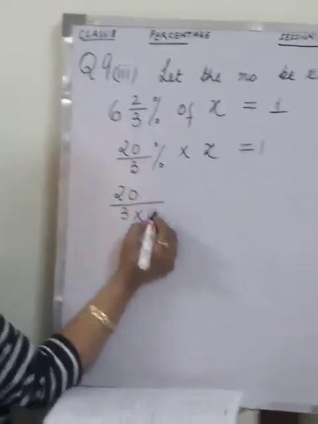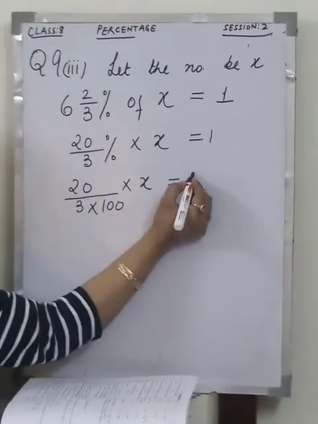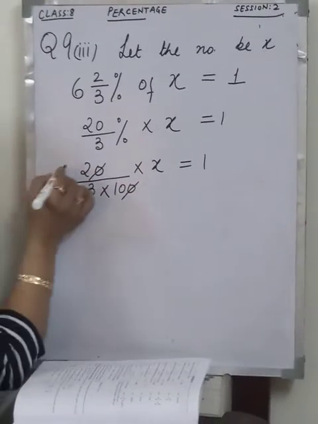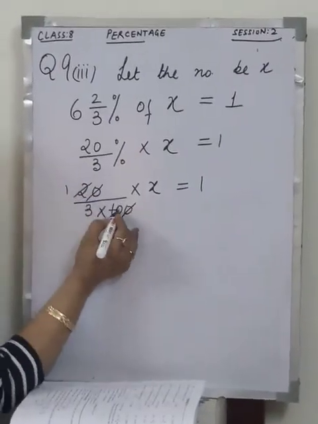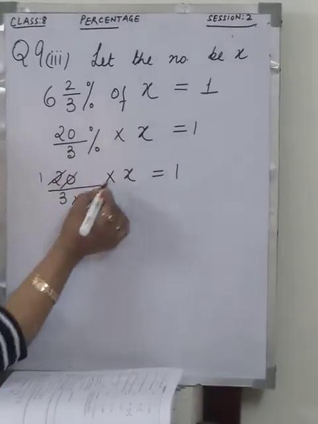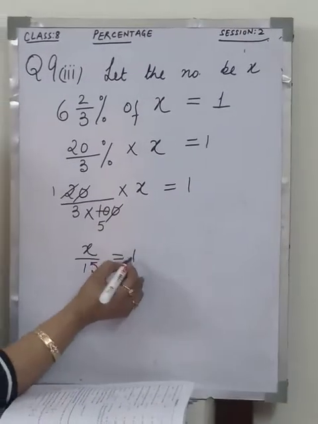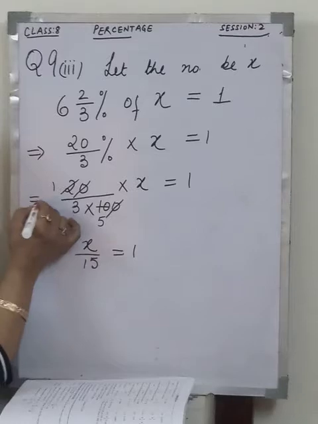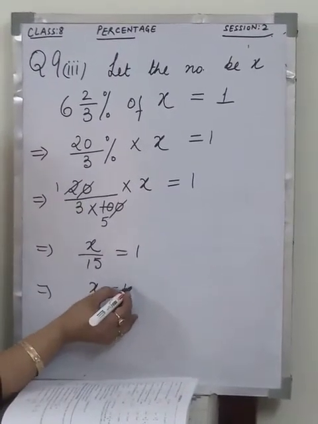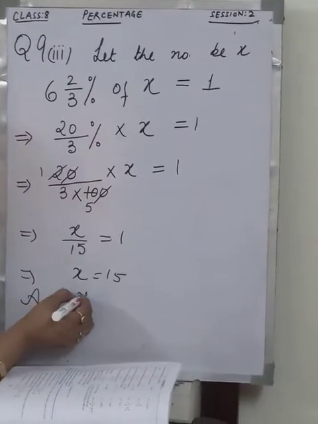So I write 100 in the denominator and remove the percentage sign. 0 0 gets cancelled. 5 twos are 10, 5 fives are 25. What we are left with? X upon 1 is x. 5 3 is equal to 1. X is equal to, so what is the number? The number is